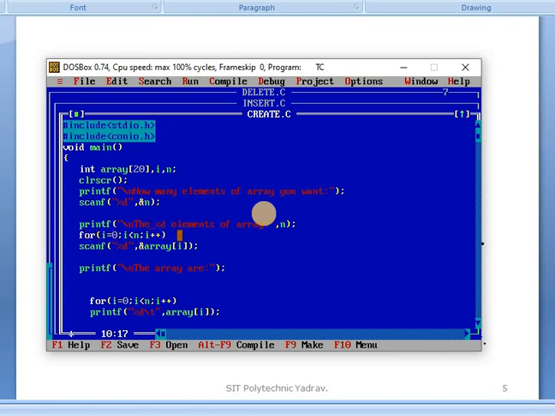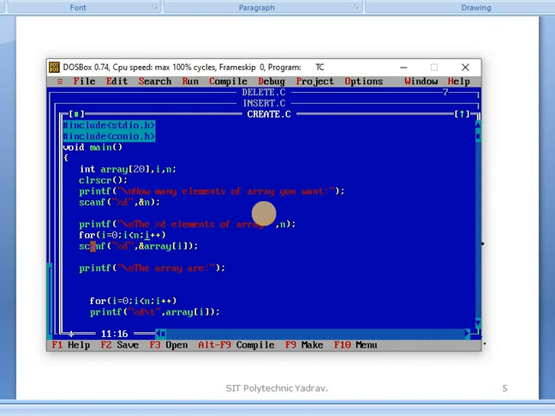After that, for, okay, this is the loop we use. Why is a loop used? Because we input the array elements. In an array we can add a maximum of 20 numbers, so we use the for loop. In that, the condition is i equals 0, meaning 0 is the initialization, i less than n is the test condition, and then the increment operator, okay.